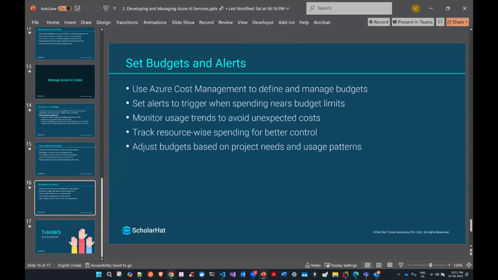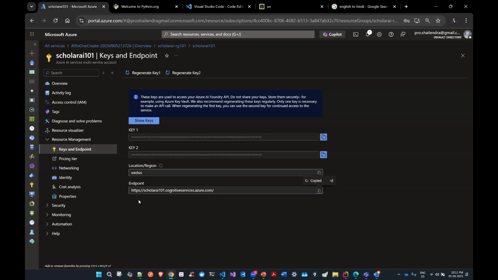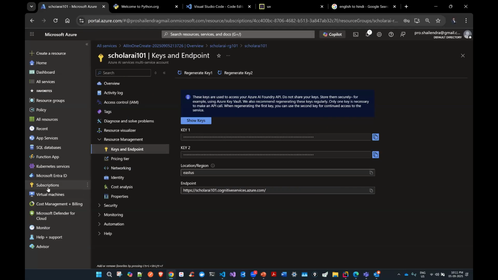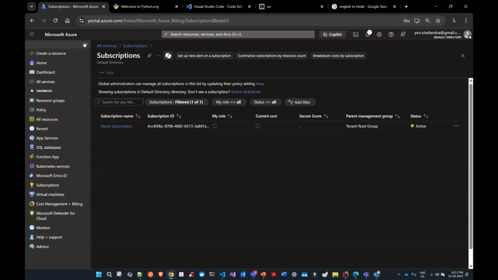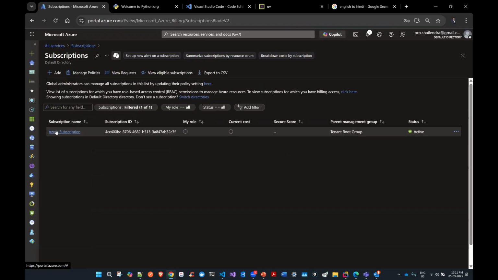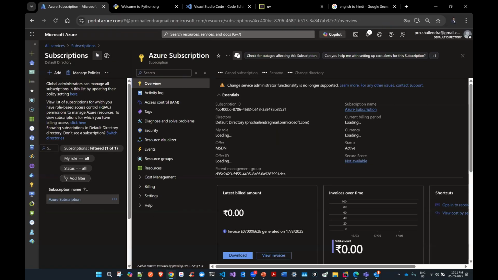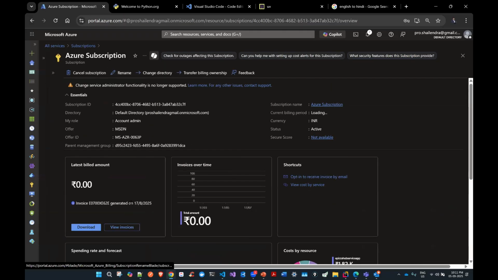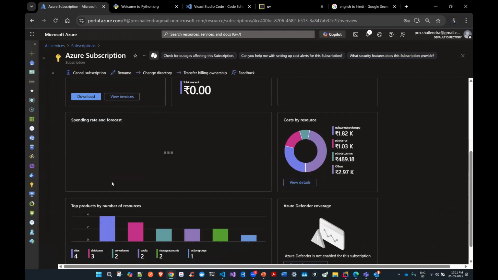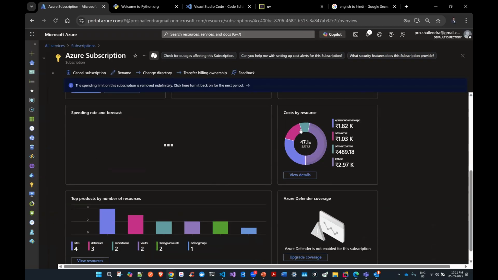So when it comes to the portal, what are the things we have over there? You can go into the subscription, whatever you have. So what subscription am I having? At the subscription level, you can see how much you have spent this month. You can see the cost here resource-wise.